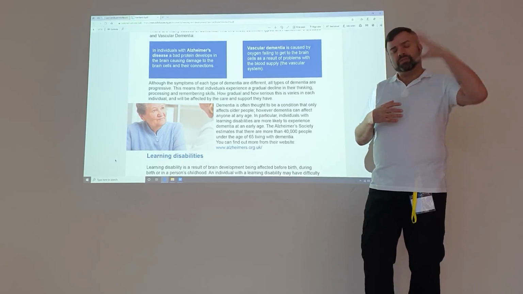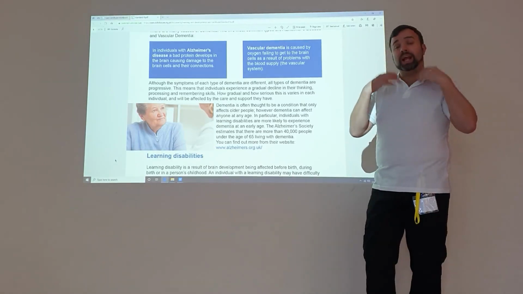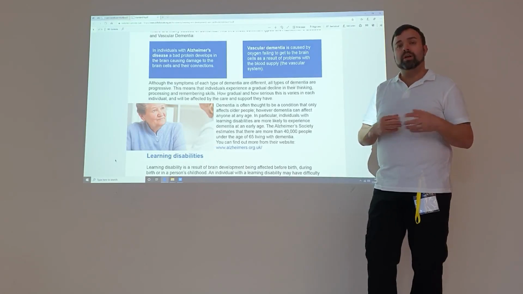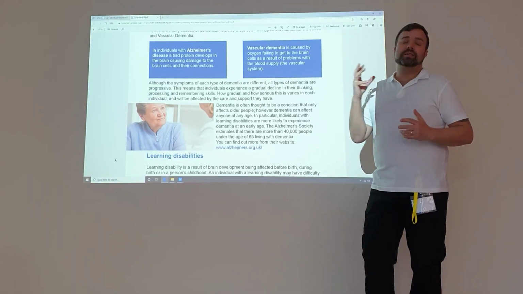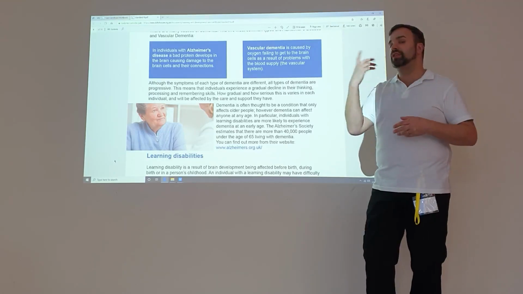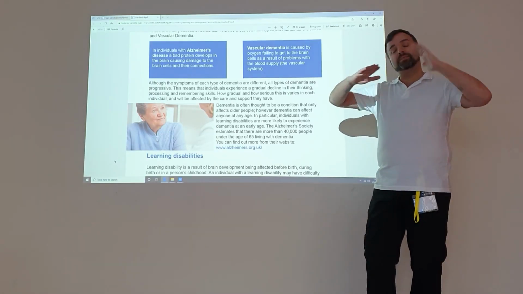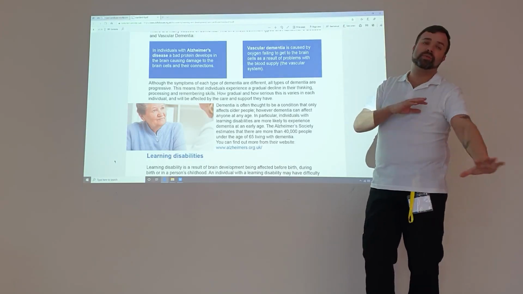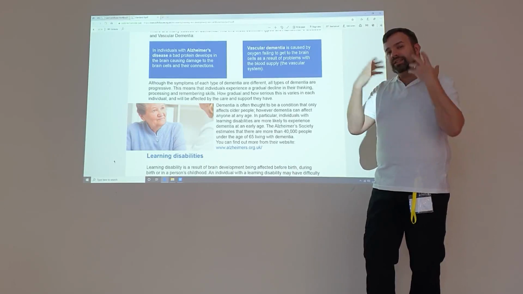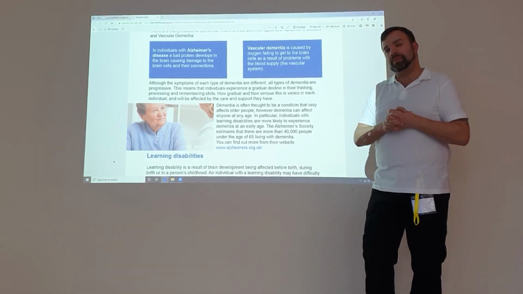Now, we know dementia affects our short-term memory, and what tends to happen is people forget who we are. What you then see is as the dementia takes hold, people will look at other people and maybe they'll look at their children, think that they're their husband, and that's because their memories are going back to a time when they were younger. So we need to enter their world, we need to see why people are doing what they're doing.